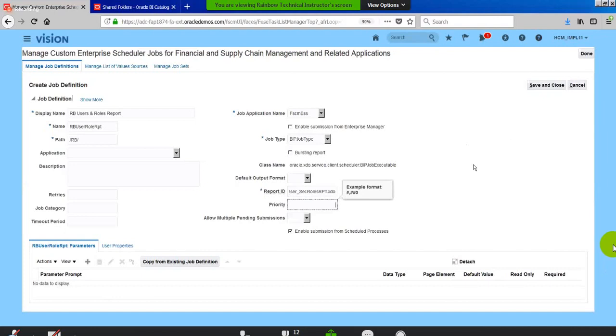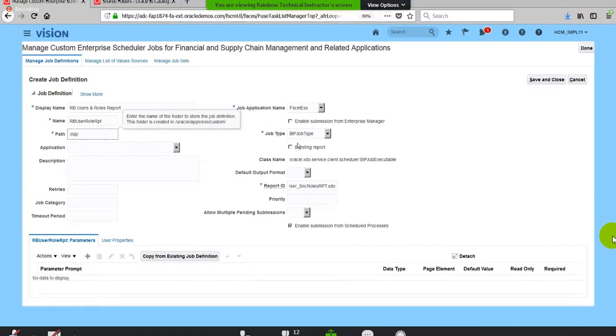Lakshmi, when we are giving the path, the directory should exist, or can we give a new directory also? For the SaaS model, we can give any new directory, so it will create it. Each time you give a new name, every time it will create a new directory. Can we give existing directories also? In the custom, yes. Whatever is there in the custom subdirectory, we can give it, or we can create a new one. Anything is fine.